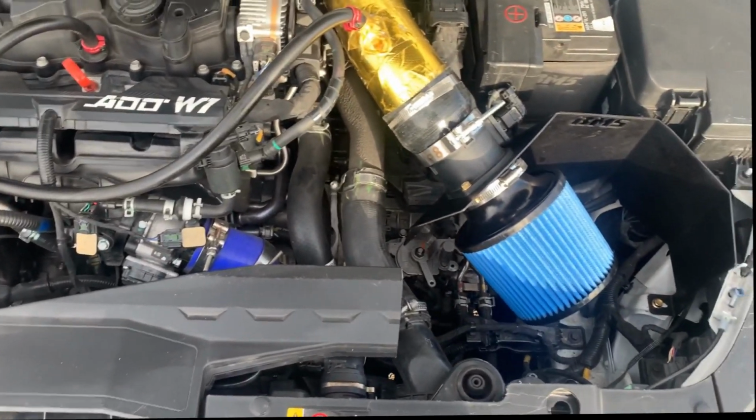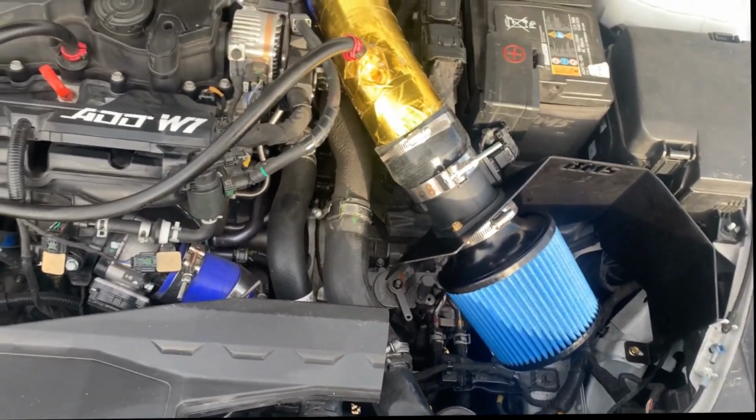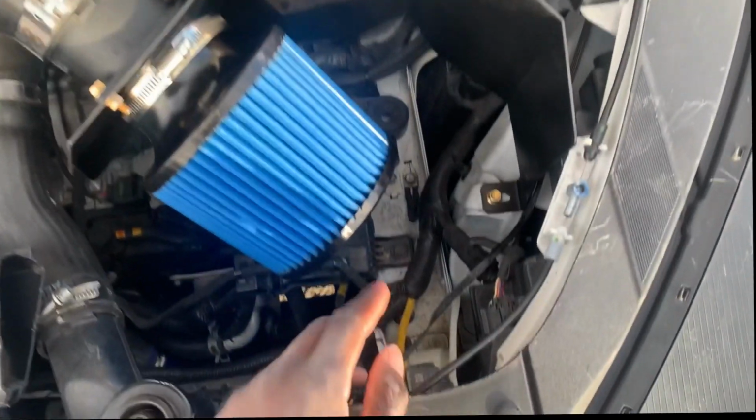Don't mind that loud little car. There's some dude that's still mad at me because he just lost against a 1.4 turbo, and he has a V6 BMW. So, but anyway,